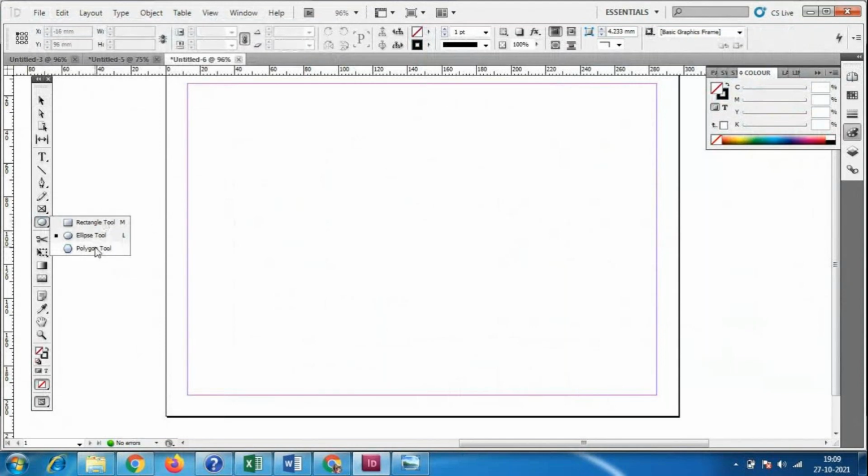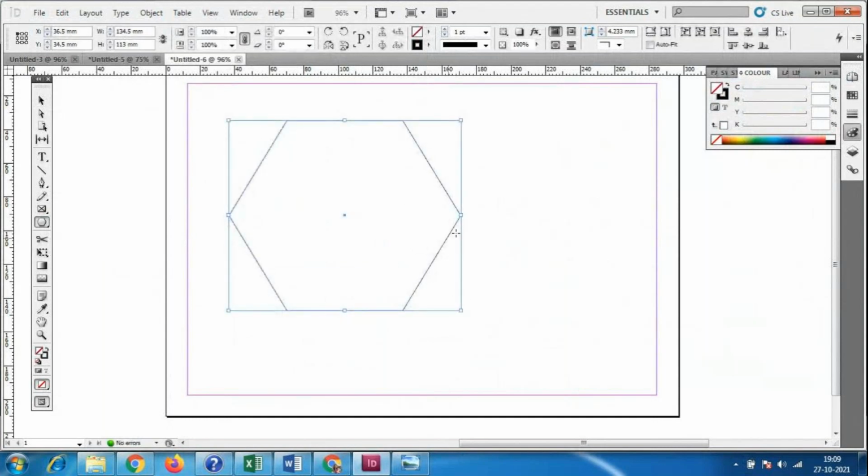The polygonal tool has six edges, or we can say six faces.